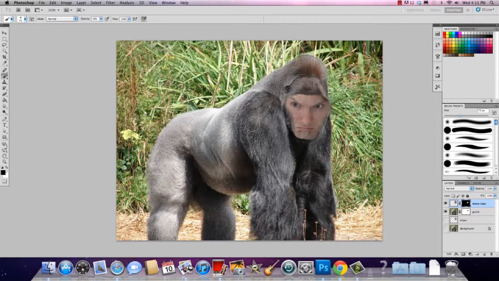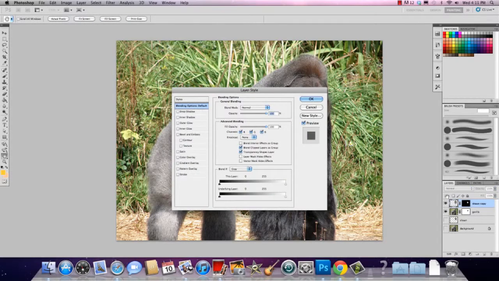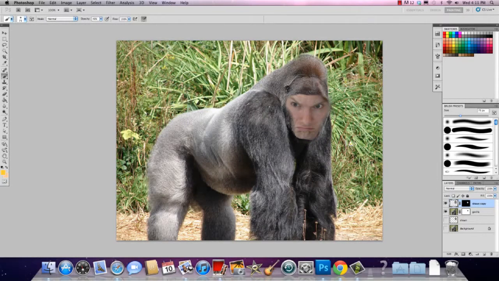Now what I'm going to do, this is a very helpful tool, I'm going to click on my face, this layer right here. Okay. And I'm going to apply an adjustment. Okay, so this is my adjustment layer right here. If I click on that, I can choose if I want hue saturation, or I can do color, I can do color balance. What I'm going to do is